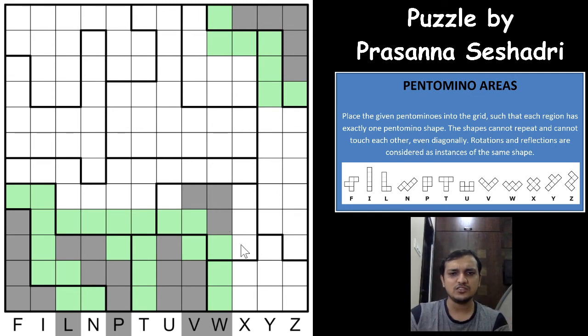I cannot shade this cell as well. So if I shade this cell, this also will be shaded, and you form a W again, which is already formed, which means this has to be unshaded. All these 4 have to be unshaded, and this also will have to be shaded. So if I unshade this cell, you again form a P. So this has to be shaded. Okay.